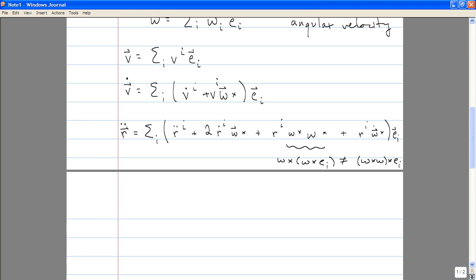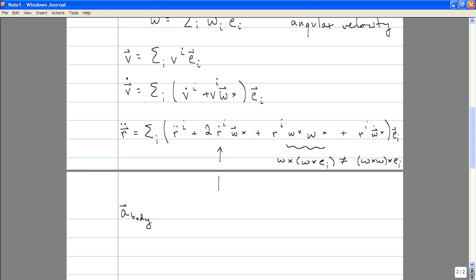The other more serious gaffe that I made, I'm a regular Sarah Palin up here, was that I actually got the name of one of these terms wrong. So this first term up here leads to a force proportional to omega cross v. So, for example,